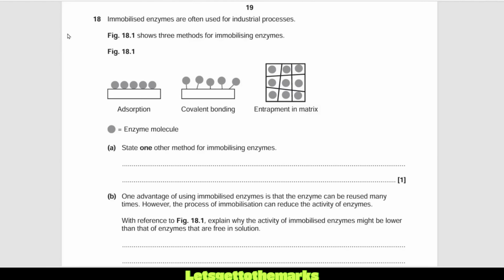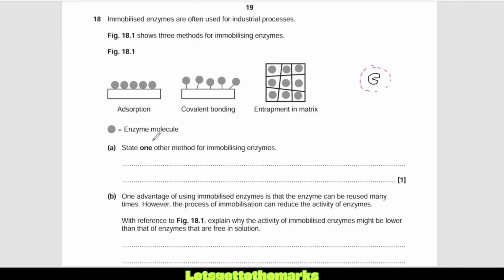So there are many methods for immobilizing enzymes, and you do have to know some of the different methods. I'm going to go through the answers. So what you have here is encapsulation. Encapsulation is where you take your enzyme and you trap it within an alginate bead. The bead acts as a semi-permeable membrane, allowing waste products to exit and substrates to enter. Also, the semi-permeable membrane means the enzyme doesn't get detected by white blood cells if it's in the body, and it's not rejected by the immune system.